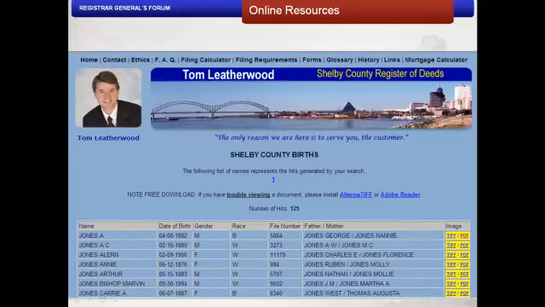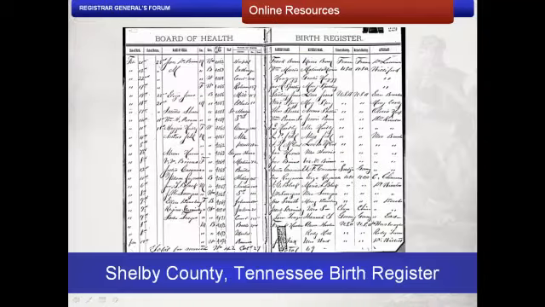These are the results for Shelby County, Tennessee birth records for children with the surname Jones. Results appear in the index format. In this instance, more than just the index is available. You can click on one of the links in the image field to access the digital image of the record. You have a choice of viewer, TIFF, or PDF image. And this is the image of an actual page from the Shelby County Birth Register book, which can be saved, printed, and used for documentation for a DAR application or supplemental application.